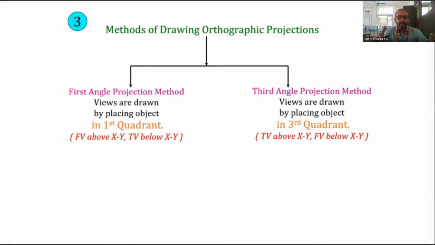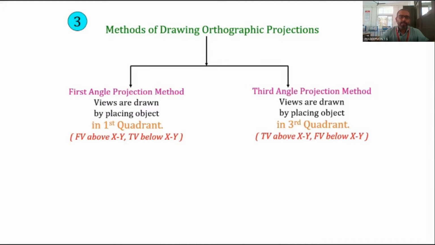This type of projection method is applicable only when we draw solids or planes. If we draw a solid or a plane, then you have to follow either first angle or third angle projection. But when we are drawing a particular point, the position of the point will be given with respect to the HP and